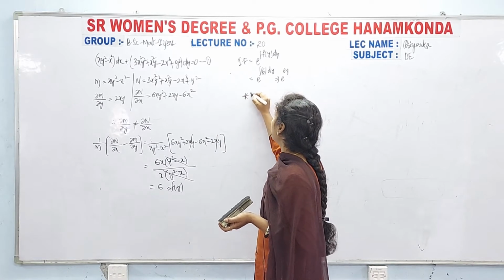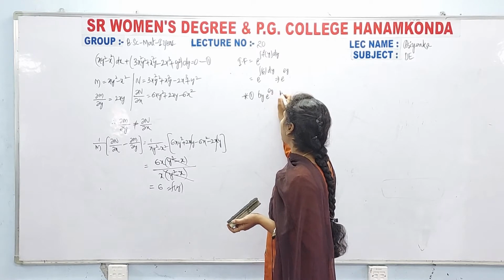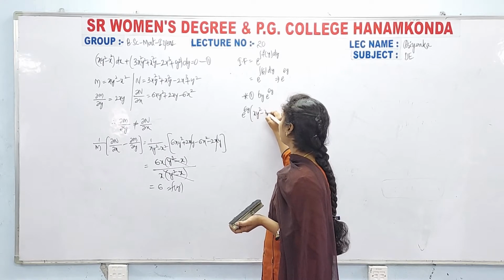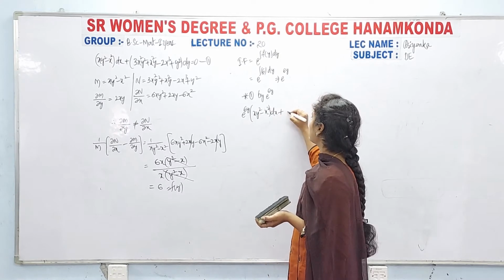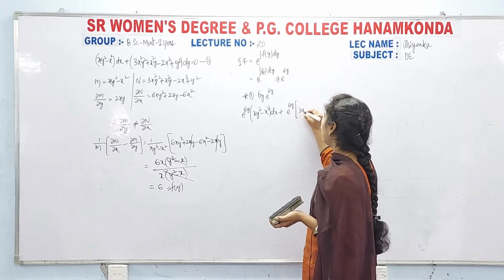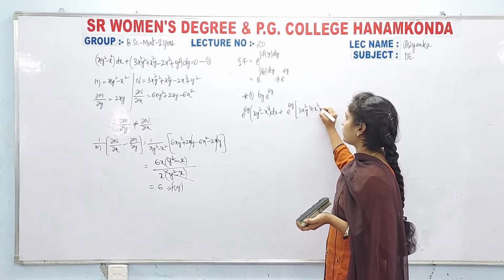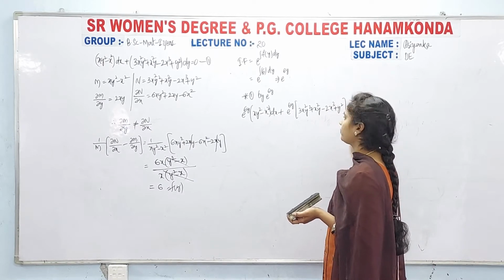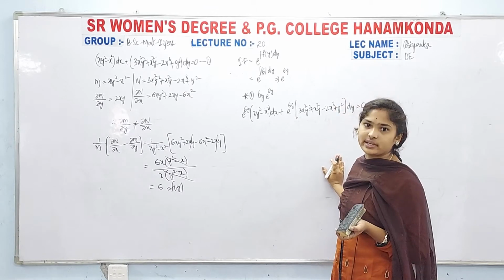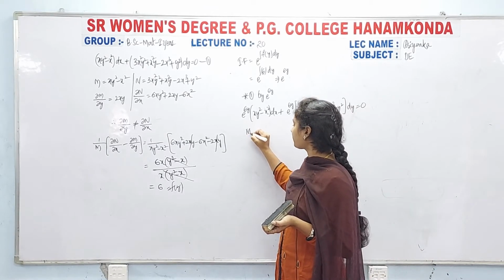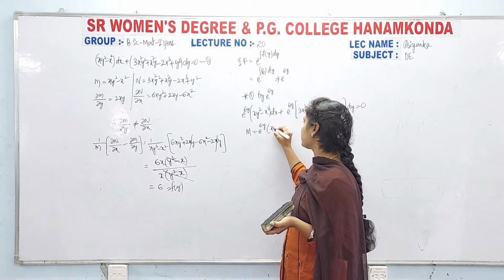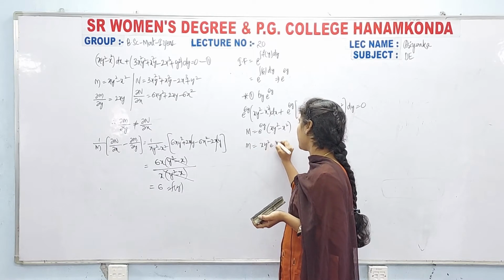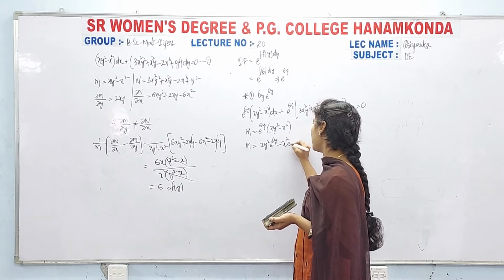Okay, now here we have to multiply this equation 1 with this integrating factor. Now, multiply 1 by e power 6y, okay. Then e power 6y of xy square minus x square dx plus e power 6y of 3x square y square plus x square y minus 2x cube plus y square of dy equal to 0. Okay, now again it is in the form of M dx plus N dy. Now, I am taking M, e power 6y of xy square minus x square, that is M equal to xy square e power 6y minus x square e power 6y.